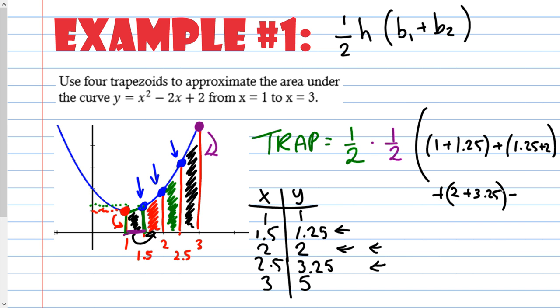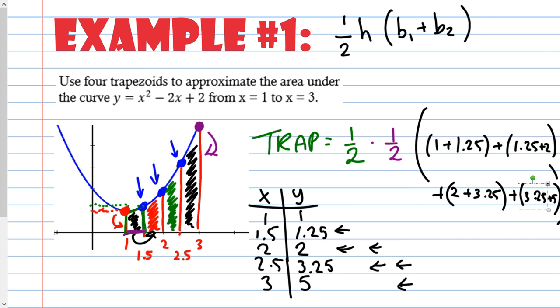There we go. And then I would add the base 1 and base 2 for the next trapezoid, which would repeat 3.25, but then I would use the 5 as well. I think I can fit it? Barely. Okay, so anyway, the reason